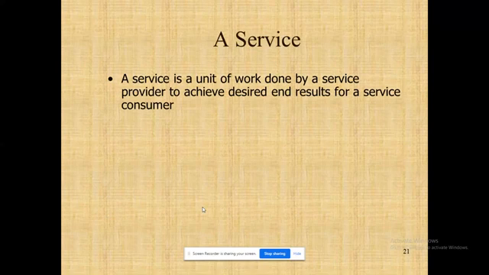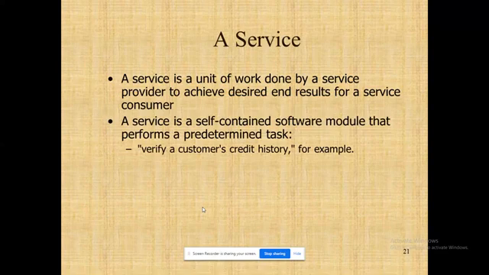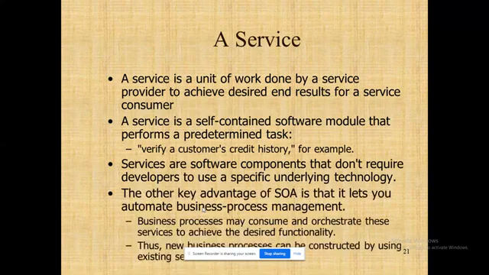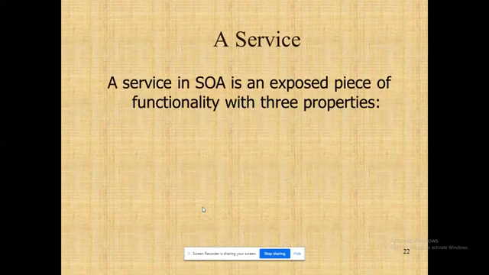What is a service? For that, a very good definition that will help you to write for your part A, right? A simple example they have given related to performance: verify a customer's credit history, right? It's a very good example to describe how your corresponding service is being used in my consumer's environment, right? So that's the major criteria they will be focusing on.